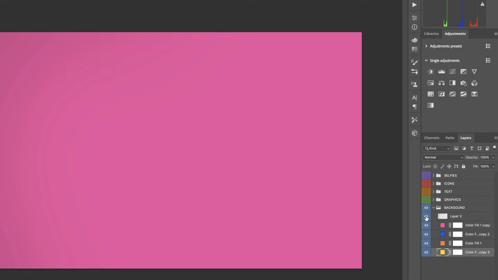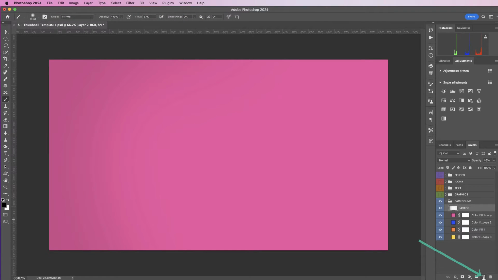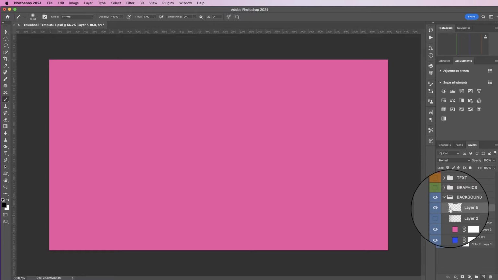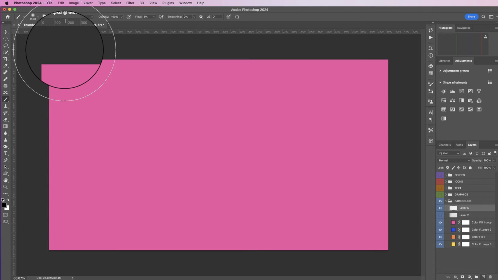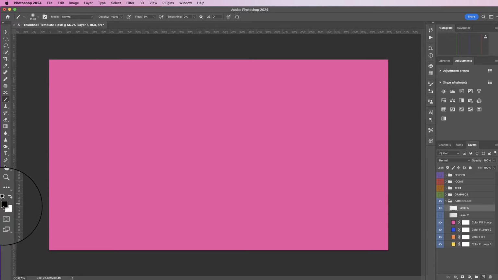I've also got this layer on here. This is just a shadow layer here, and all I've done is added a layer. So if I just add a layer here and just show you what that's made up of, I'll just take that off. So if I was to do the same here, just turn that flow down to about 3 or 4. I've got my foreground colour set to black on the brush tool, and then I literally just create a